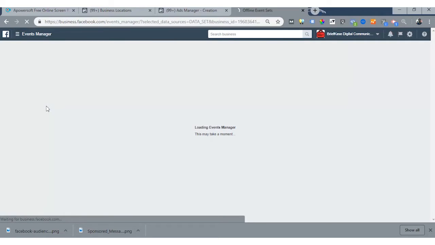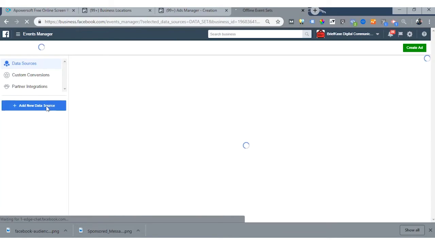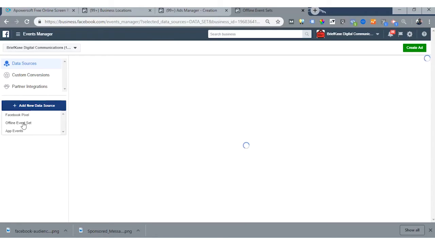So these are offline event sets which essentially will help you to connect your store with Facebook ads. Simply we click on add new data source. We select offline event set here,